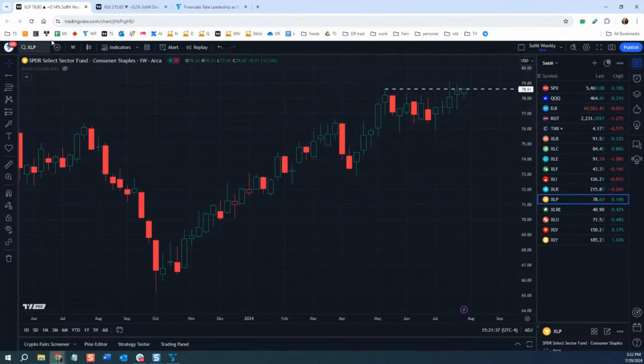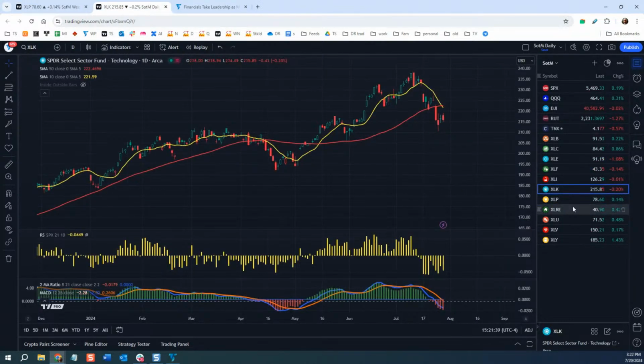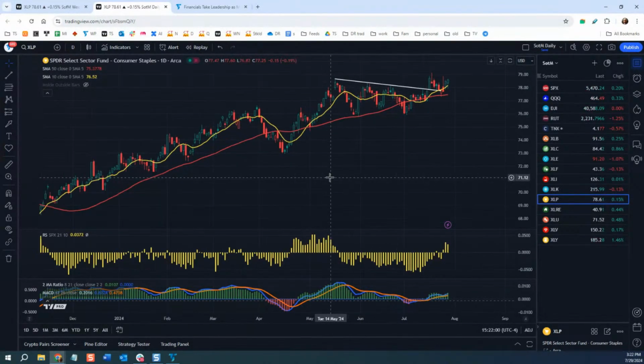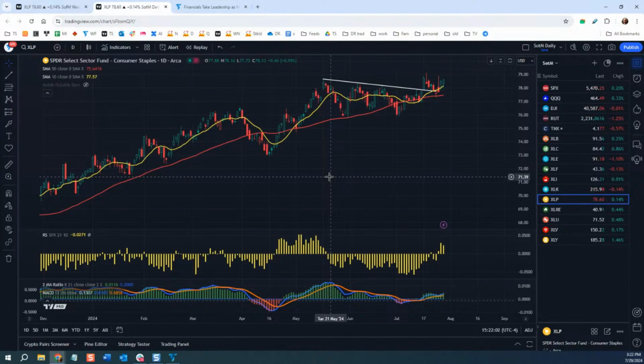If we look over here on the XLP on the daily chart, we can also see it had this falling trend line. It rallied above and came back to hold that trend line. So that's also a sign that this intermediate term downtrend has broken, and that it is now in a stronger spot. It's about the 50-day moving average as well. So I think right now we look at XLP. It's another one that does not usually get a lot of people's attention, but it is an interesting thing to look at.